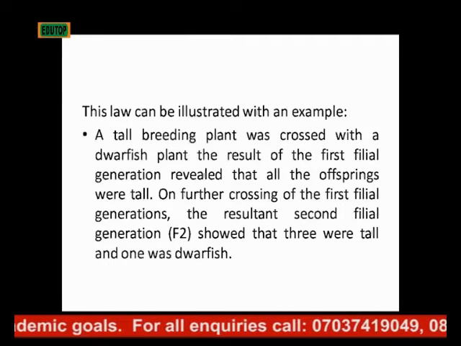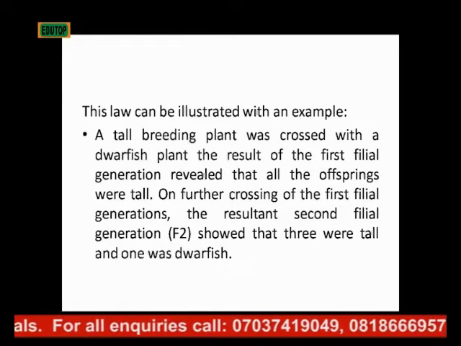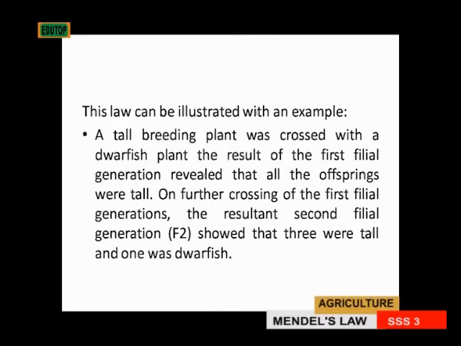the first set of offspring that will be produced by that cross of a tall and a dwarf plant, we show that all the plants are tall, all the offspring will be tall. But on a further crossing, Mendel carried out this experiment. So on a further crossing of those tall offspring now, which will now result in a second generation of offspring, which is called the second filial generation,